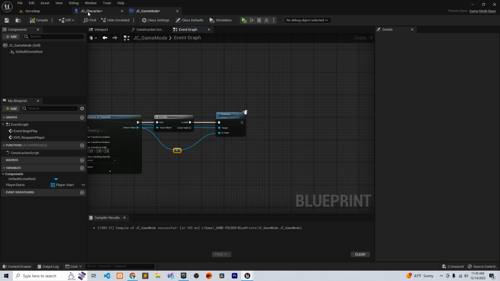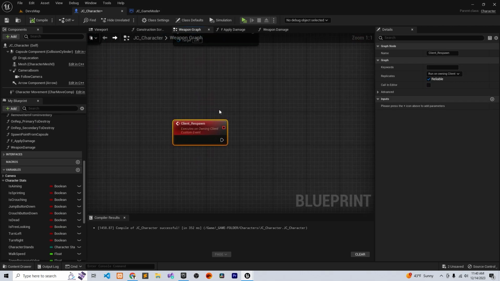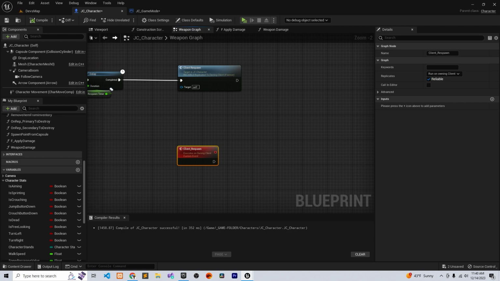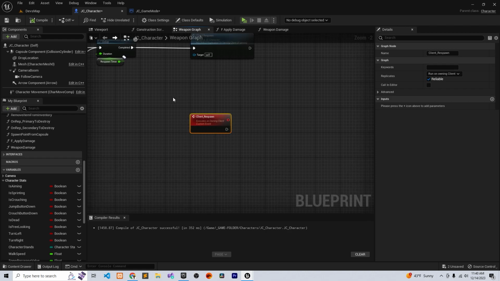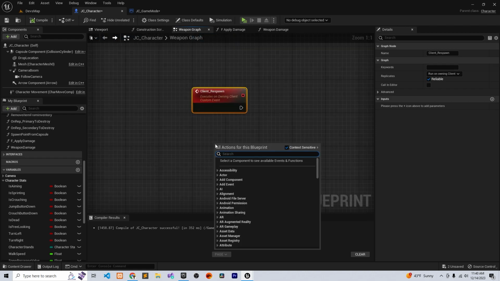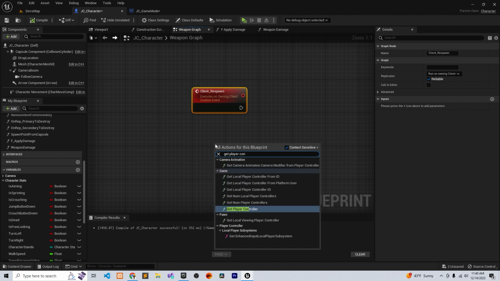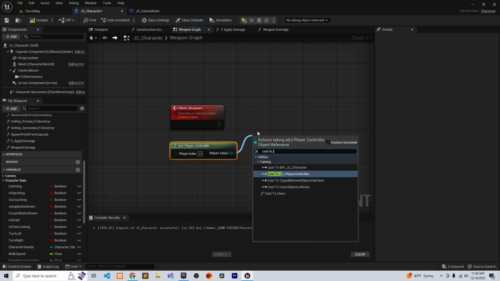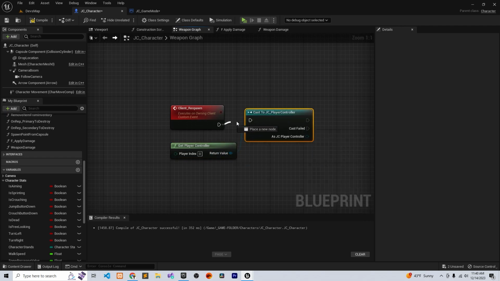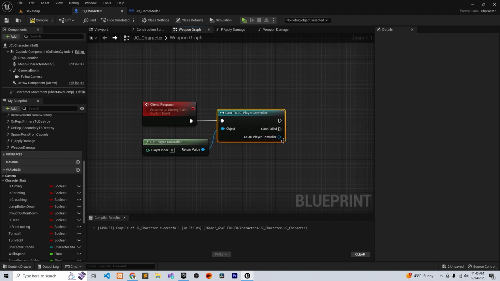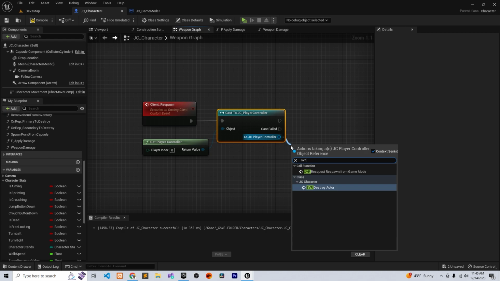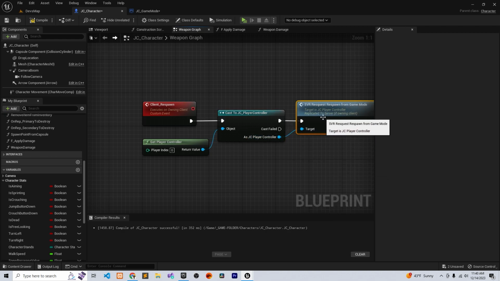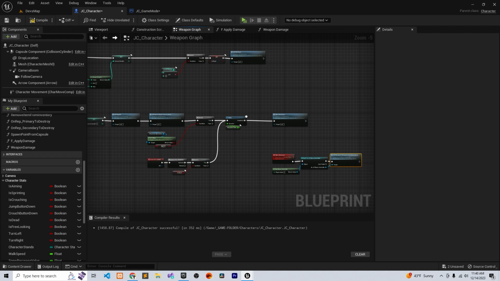So with that done, let me double check I'm not making any crazy things. So okay, we need to go here. With that done, we need to get our get player controller, cast to our player controller, and from the player controller we're going to call server request respawn from game mode. Okay, and I believe